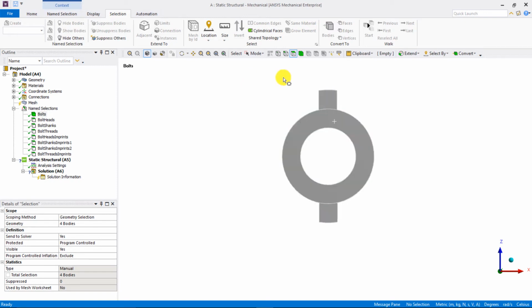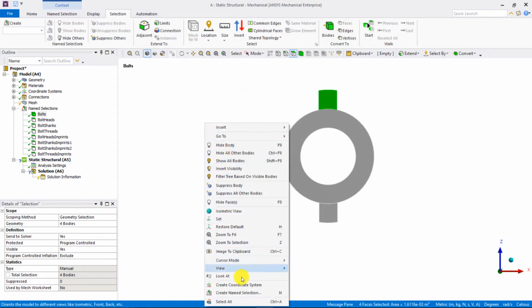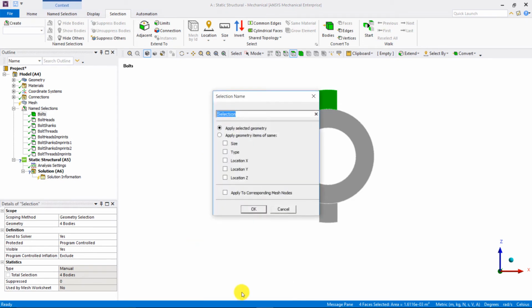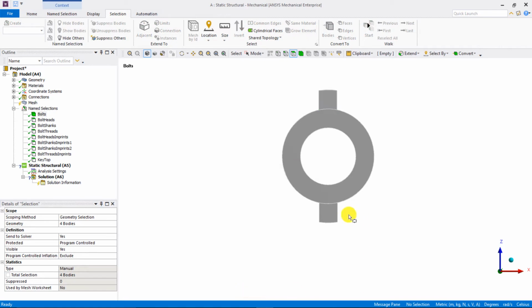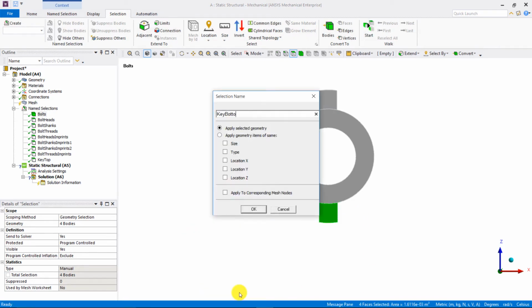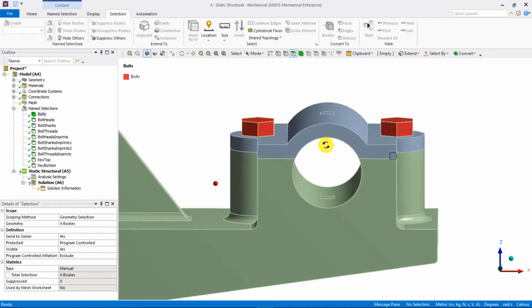Suppose we want to select these four faces of the key on the top. If we create the box from right to left, only these four surfaces get selected. Then we can right click and create a named selection called key top. Following a similar procedure, create a named selection for the surfaces of the bottom key called key bottom and a